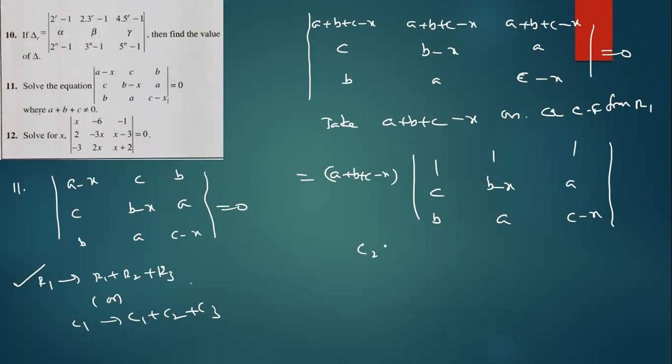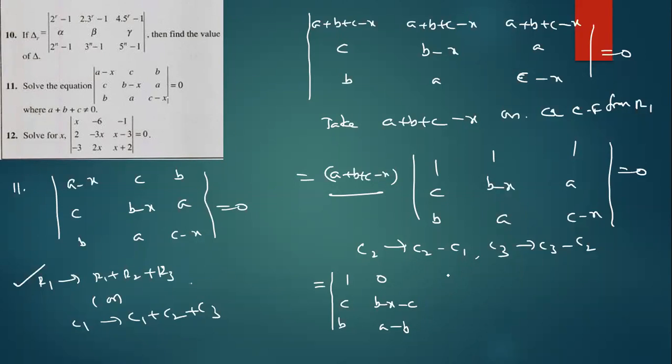Now what I'm doing here, C2 minus C1, C3 minus C2. Sir, here only answer is completed, sir. Why you are doing? No, not completed. Why? Because still they are asking value. X into y is equal to 0 means what? Either x is equal to 0 or y is equal to 0. That means here, see carefully. C2 minus C1 means what here? 1 minus 1, 0. What is the answer?